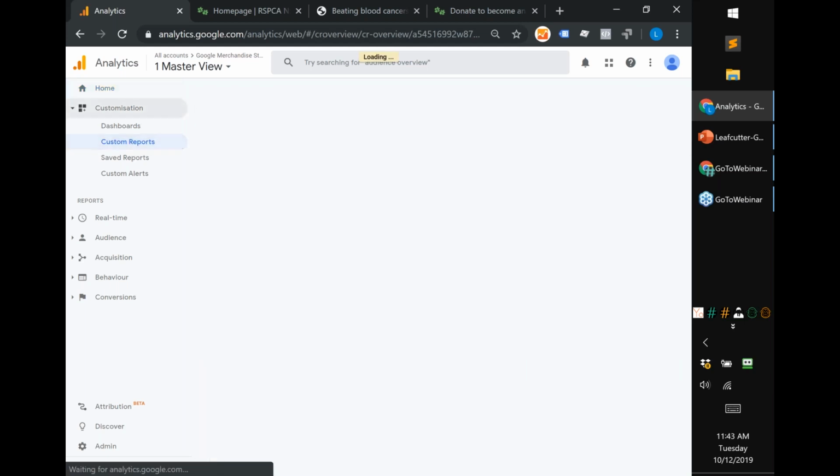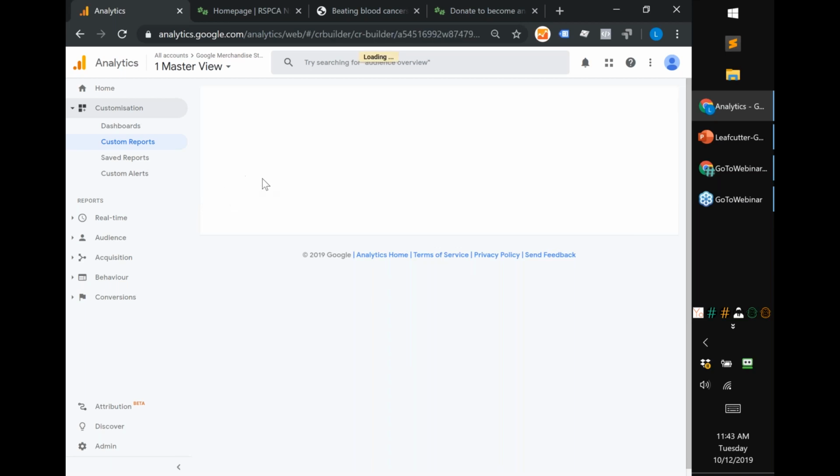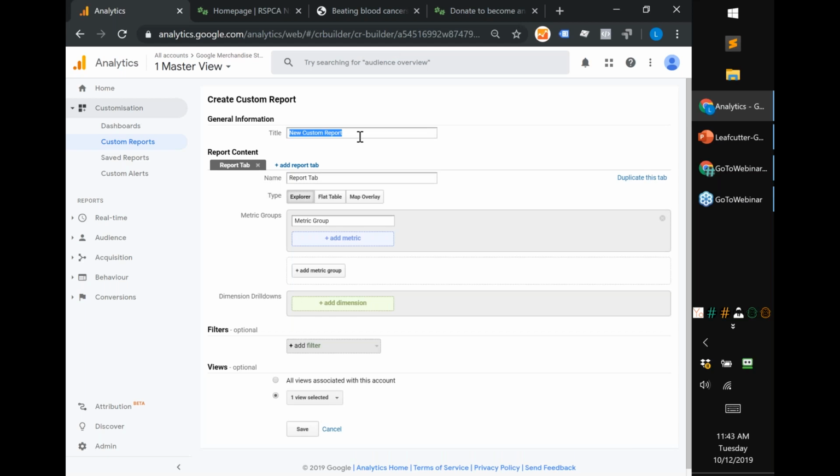When you create a custom report, often the best way is to start with a question in mind, like what is it you want to look at? One I often quite like is just the campaign tracking values, so I'm going to recreate that one. I'll say this one's all about campaign tracking. I've got default campaign tracking reports, but maybe I want a little bit of a different twist on this one. We can create an Explorer report.